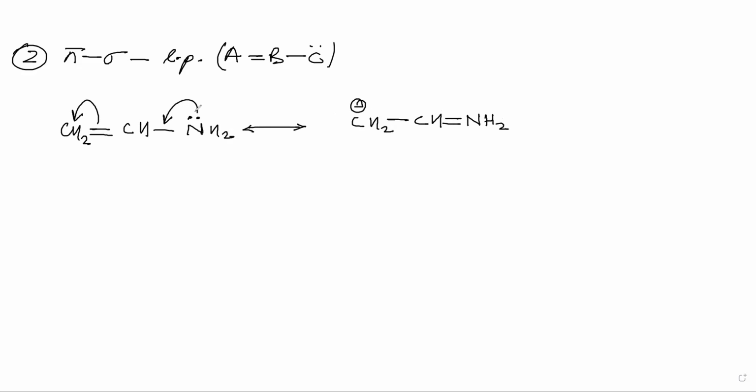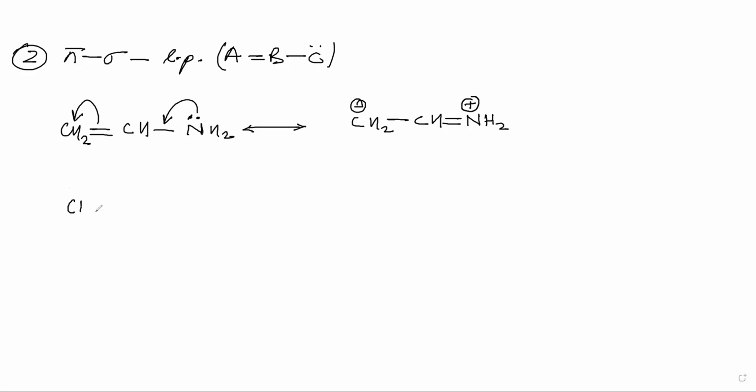Since nitrogen has started to share electrons with CH, it will gain a positive charge, because it has been sharing a pair of electrons with carbon. Now it has 4 bonds, hence it will have a positive charge. Another example of this would be